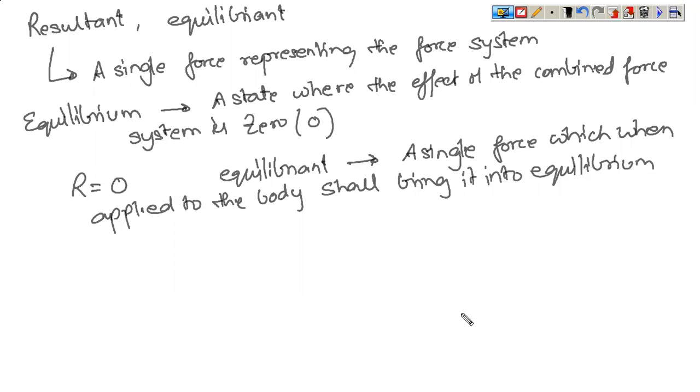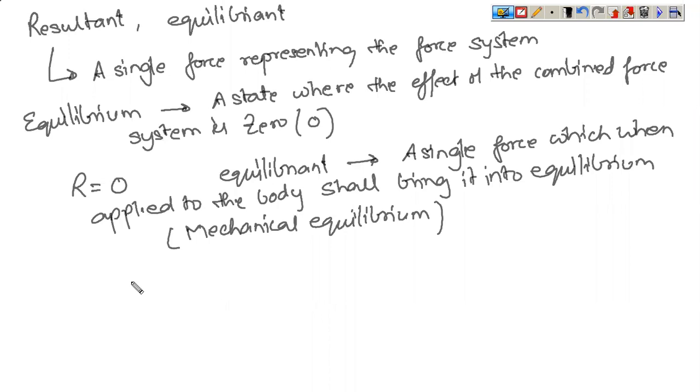Okay, so the equilibrium that we are talking about here is mechanical equilibrium. In your thermodynamics, you must have learnt about thermodynamic equilibrium. Thermodynamic equilibrium is a summation of mechanical, thermal, and chemical equilibrium. Thermal equilibrium means there is no difference of temperature.